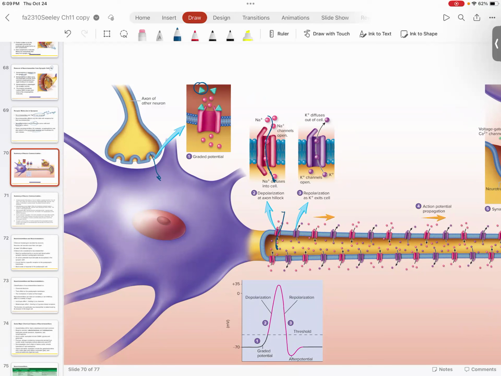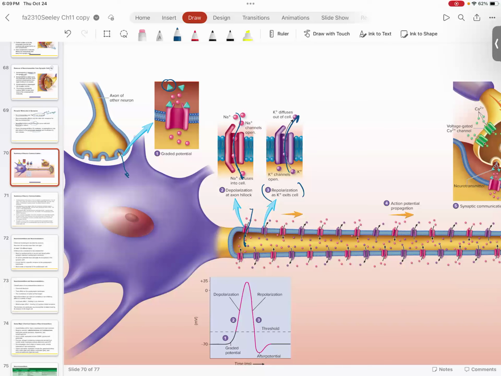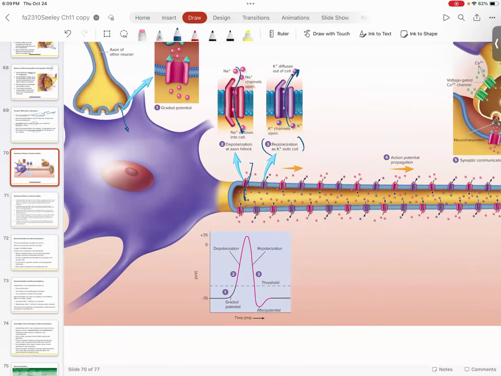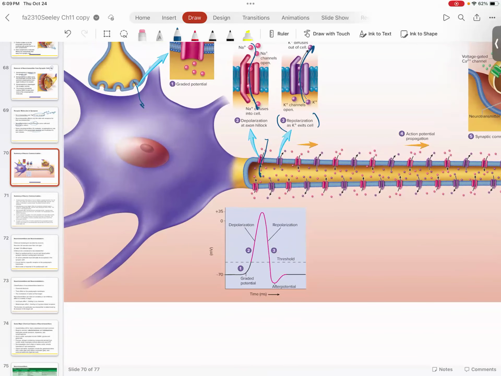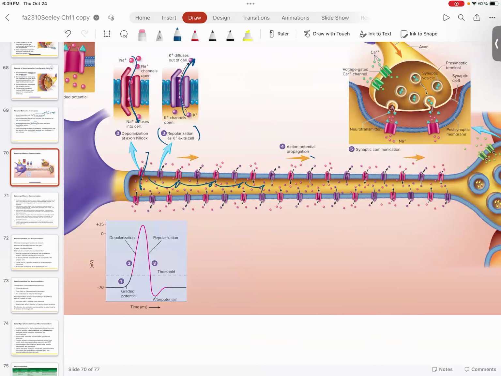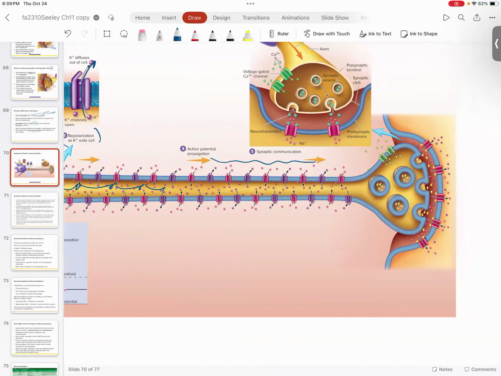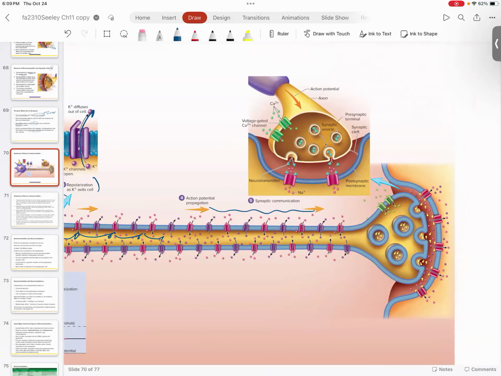And then, of course, you get your repolarization with your open potassium channels to reset the system. And then as that starts to depolarize the adjacent membrane, it basically just starts to roll slowly from one to another, to another, to another, until you get propagation of your action potential all the way down your axon, until eventually you hit your